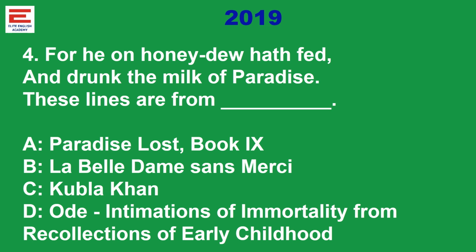Actually, I included this particular question in one of the previous videos in which I was discussing Paradise Lost. The reason was how the lines can be misleading, because of "drunk the milk of paradise." This word may be slightly misleading, so some students may think maybe it is Paradise Lost. Regarding literature, it is very important to know there are some words that are used across the ages, across the genres, across the poetry. So we have to be very careful regarding the question. Kubla Khan is the answer here.